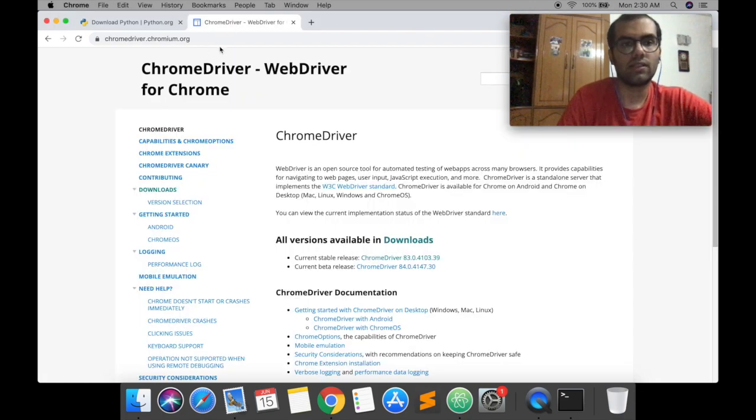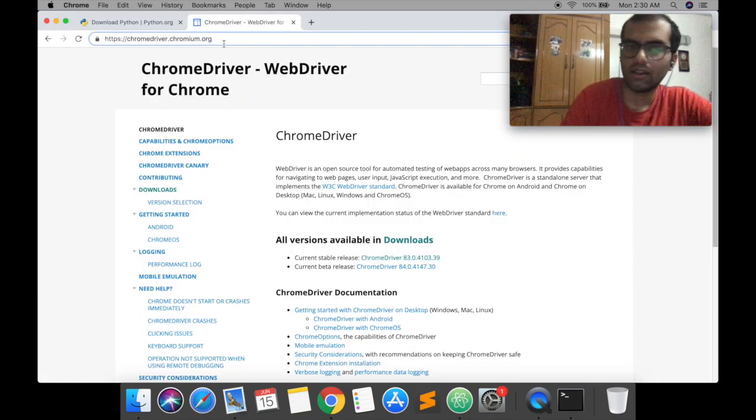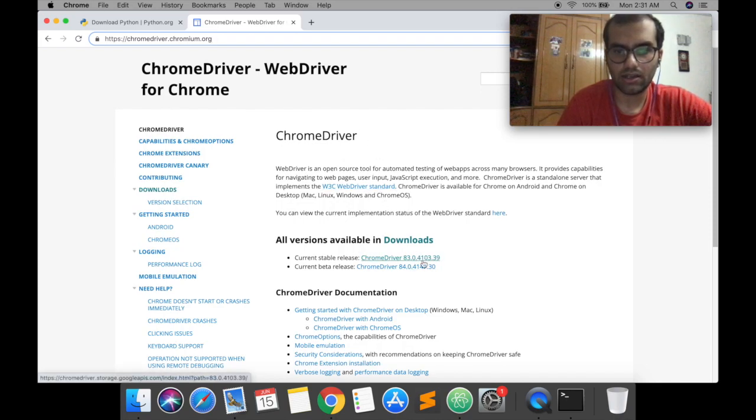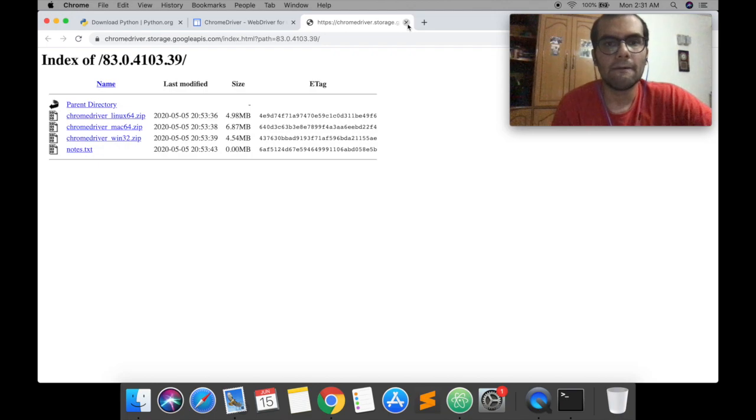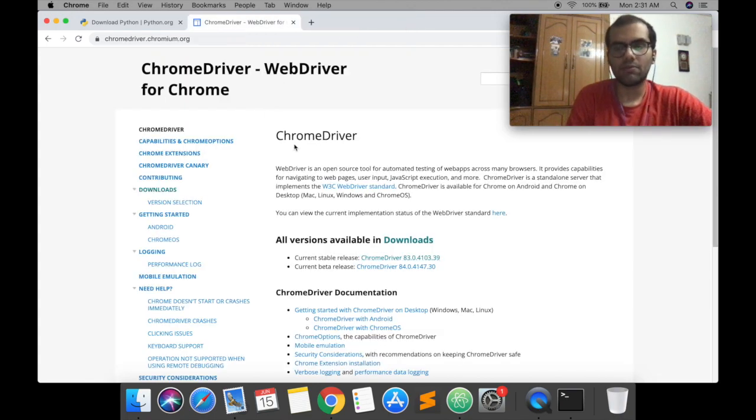Once you have Selenium installed and Python installed, go to this link right here. Basically just search for Chrome driver for Selenium, and once you're there, download the driver for Chrome for the current version of Chrome that you're running. I'm using Chrome version 83, and whichever version you're using, just download the appropriate Chrome driver for that. If we click on this link, it takes you somewhere with options for Mac, Linux, and Windows. You pick whichever one you need and install it. Once we have all of that ready, we're pretty much good to go.